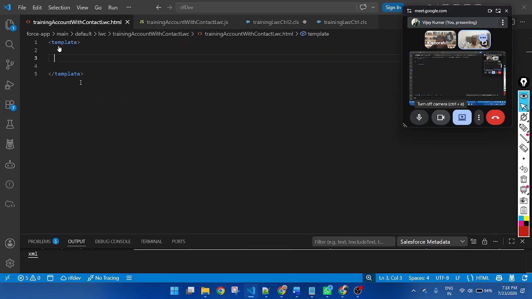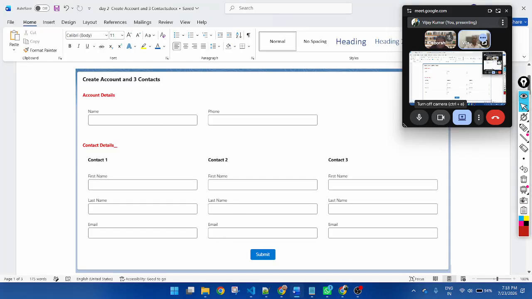So first of all, let me create a form. Today's form is very challenging. There are two sections and multiple forms. So it is a very challenging task. Let's understand how multiple sections work in an LWC component.